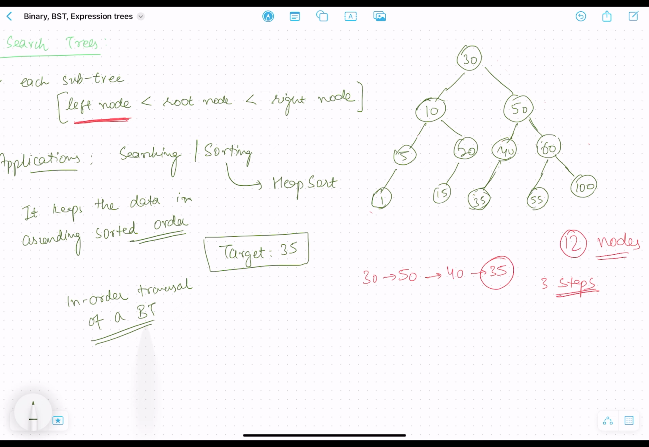But when you do an in-order traversal, what you do is, you first go to the left node, then you print the node, and then you go to the right node. These three steps are performed at each level. So when you are at 30, you move to the left node. I move to 10. Again, I will apply all the three steps at each